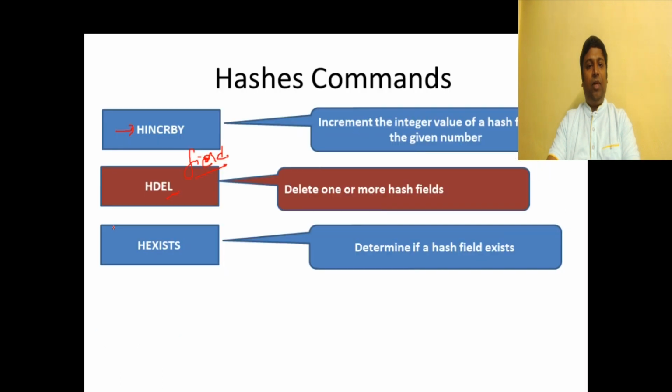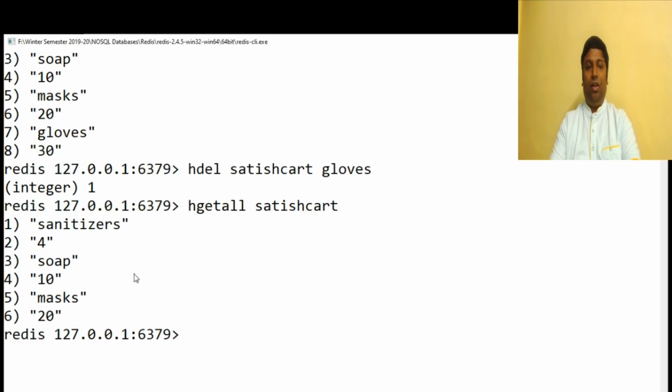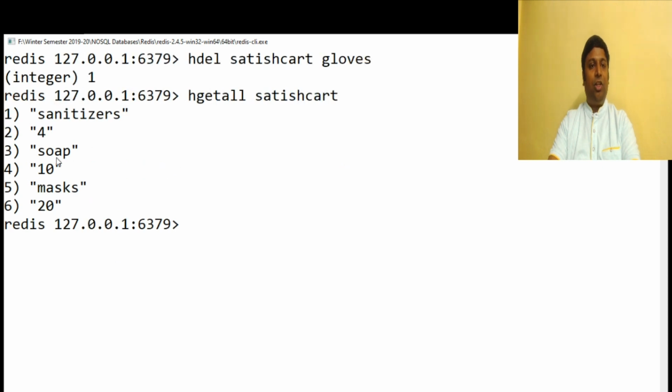And the final command we have is HEXISTS. HEXISTS is used for checking whether a particular field exists inside a hash structure. So let's go and quickly check that. Let's check whether soap exists inside our hash structure Satish cart. So we use HEXISTS and then we give Satish cart to be the object name and then we give the field name.